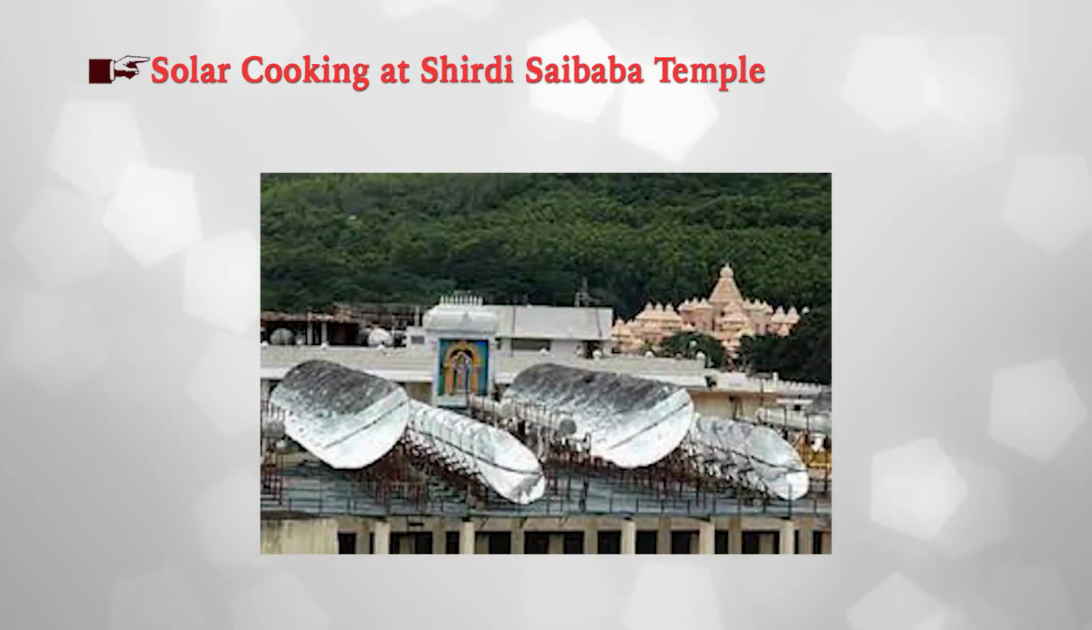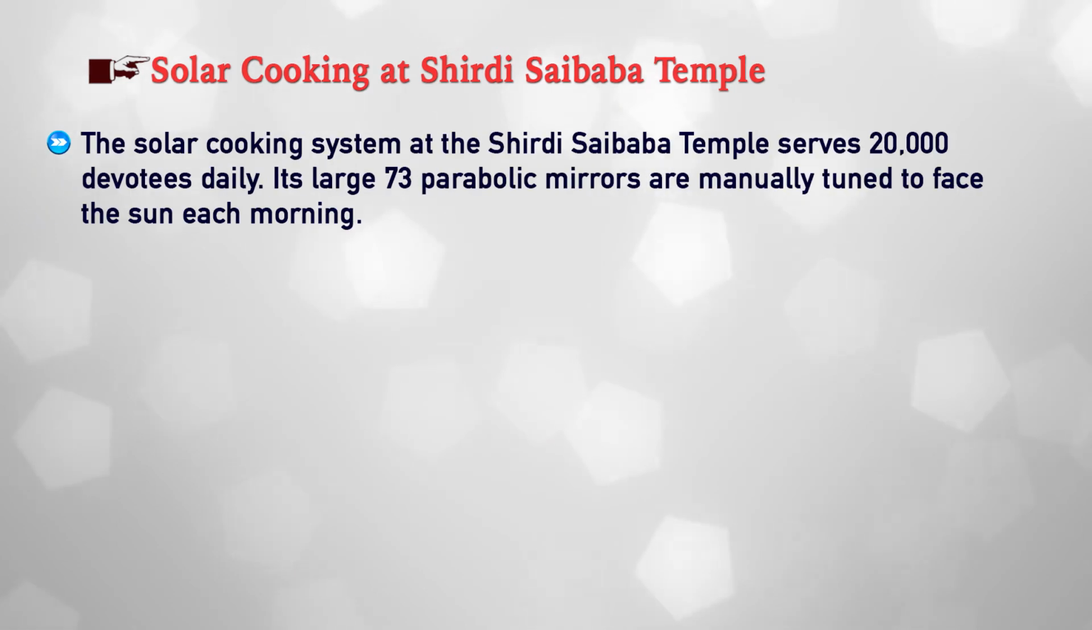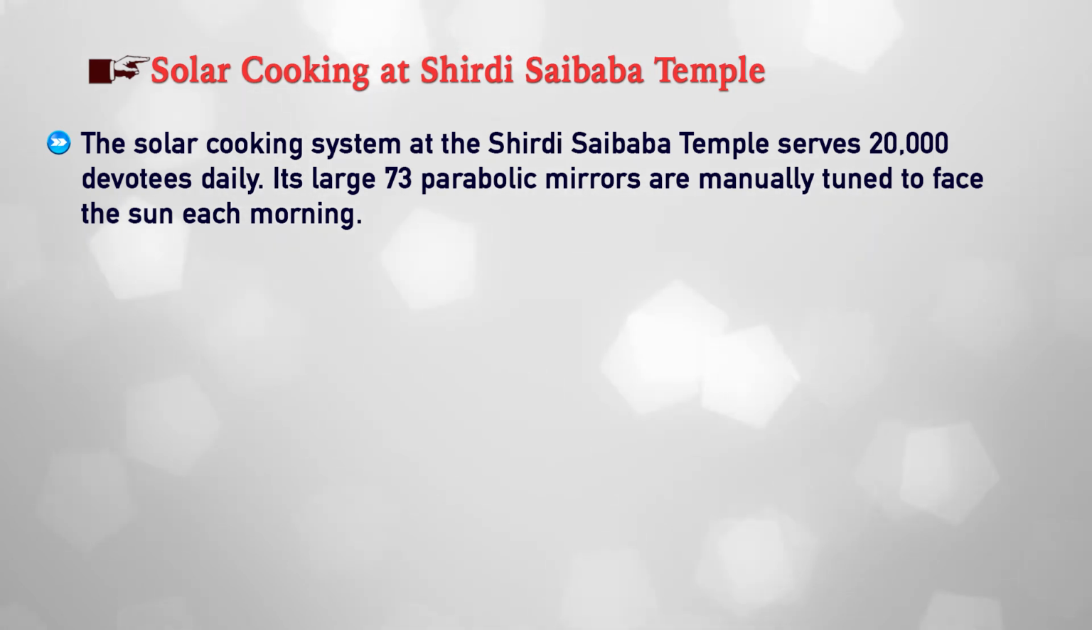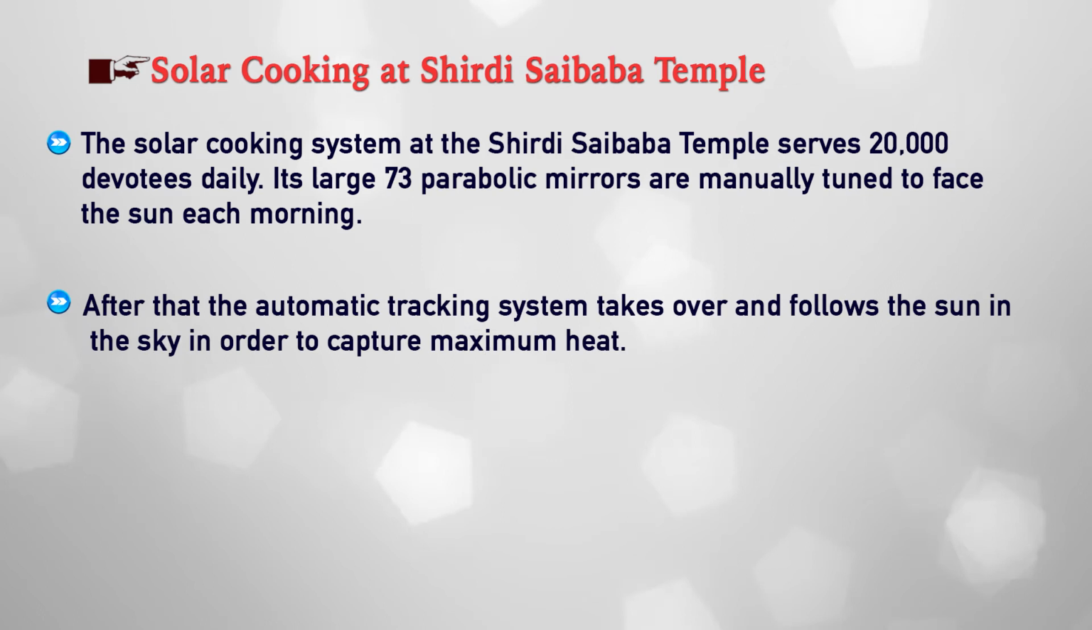Let us look at some success stories that tell us how this technology has been adapted to suit various needs in India. First is solar cooking at the Shirdi Sai Baba temple. The solar cooking system at the Shirdi Sai Baba temple serves 20,000 devotees daily. Its large 73 parabolic mirrors are manually tuned to face the sun each morning. After that, the automatic tracking system takes over and follows the sun in the sky in order to capture maximum